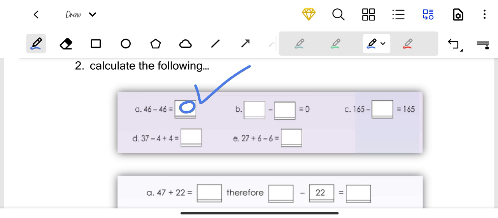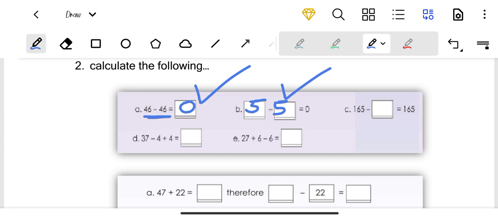So you think, okay, here we had 46 apples or oranges, we gave them to a friend, and then we remain with nothing. So what can I write? I can just write 5 minus 5 is equal to 0. Why? Because if I have 5 apples and decide to give my friend 5 apples, I'm going to remain with nothing. So jumping to C,